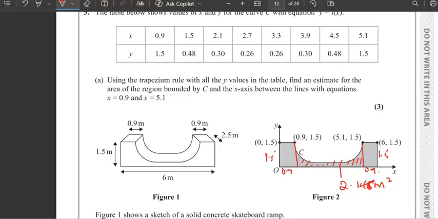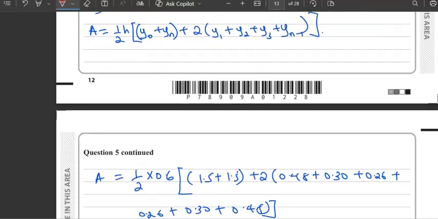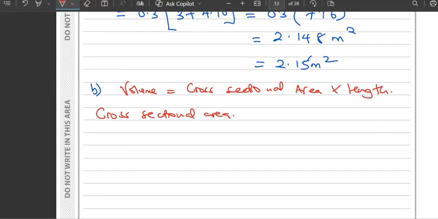So we've estimated the area bounded by C and the x-axis, and between the lines 0.9 to 5.1. So that one we've estimated. So what remains, we want to get the area of the rectangular parts on the left hand side and on the right hand side. So this means that since there are two rectangular endpoints which are the same, this one will be the same as 2.148. Let me write this 8 properly. 2.148